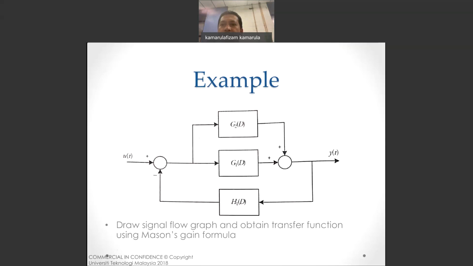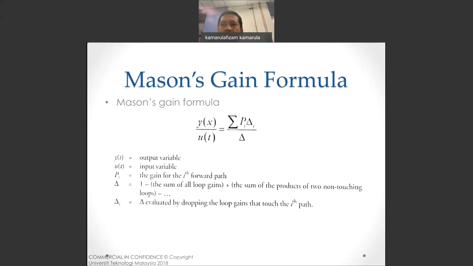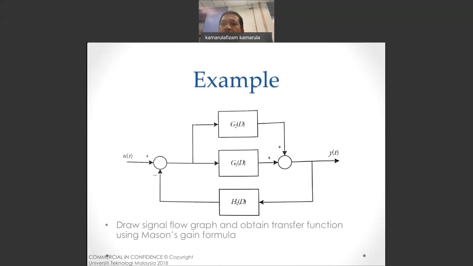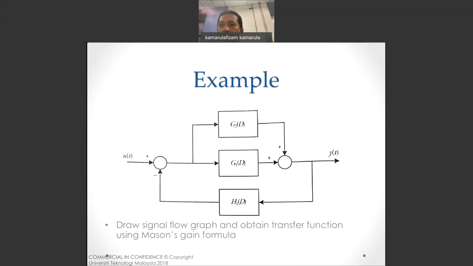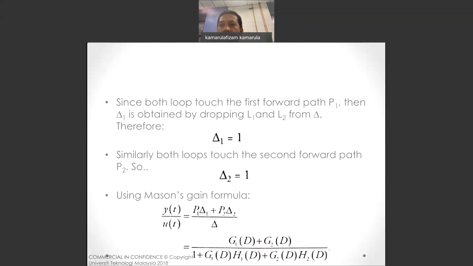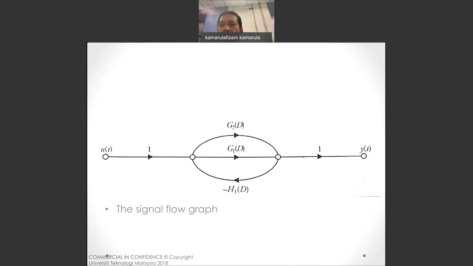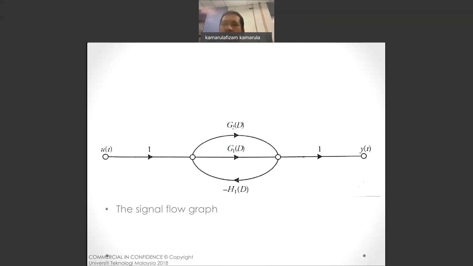This is the Mason gain formula. It is also a tool you can use to simplify the block diagram. All right. You can use the Mason gain formula to simplify a block diagram like this. You can break everything down into this formula, and from there you can use the Mason gain to simplify, and then you will come up with this final flow graph, and finally you can construct back the block diagram using this simplified